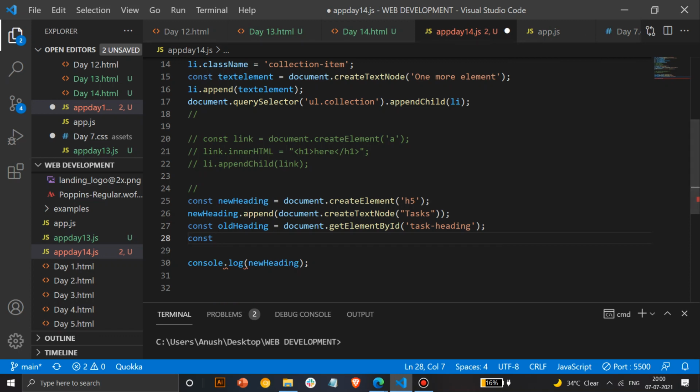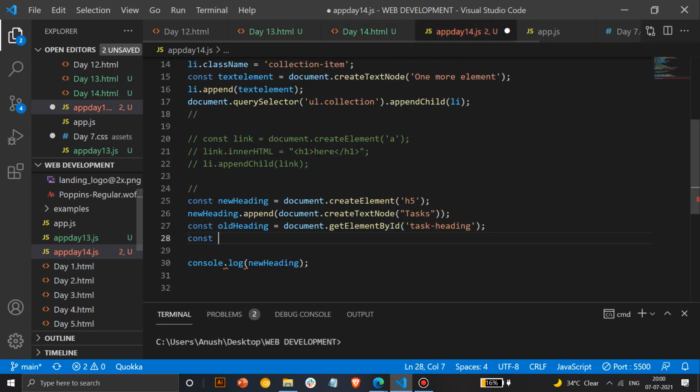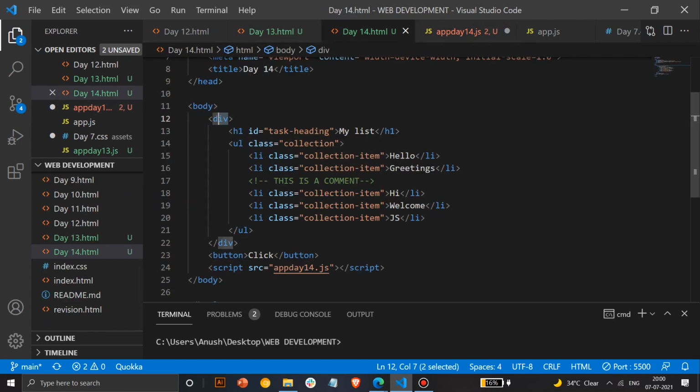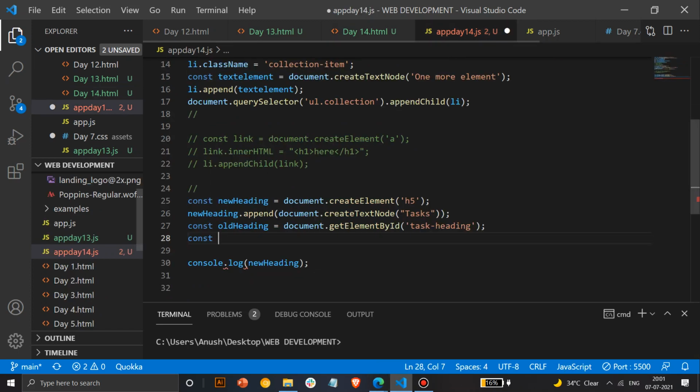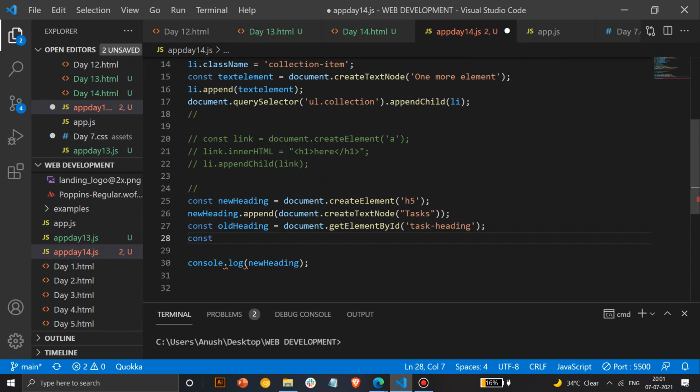And now what I'll do is I'll get the parent, and inside this parent I'll replace this child. So I'll have to get this div specifically. That's why I've created a div here. You can use body also, so any of that works, but it's always recommended not to use body because it's the parent tag. So body is only used when you have to change the complete page. That's why I'm not using body here. I'll explain why I have done it.